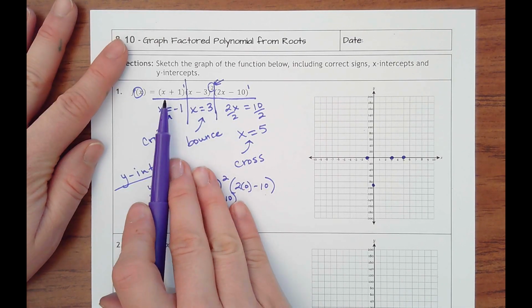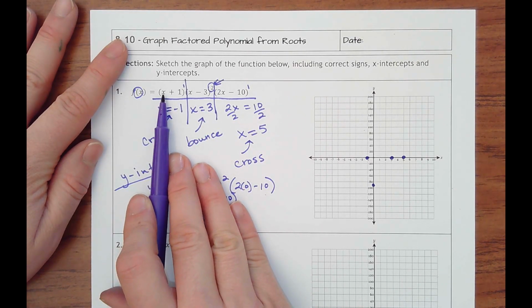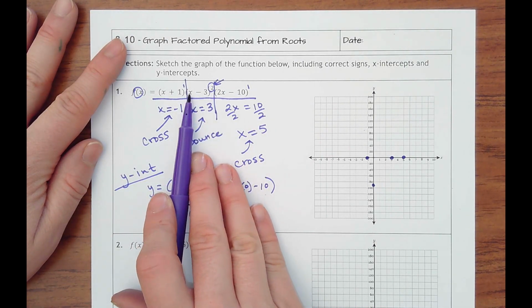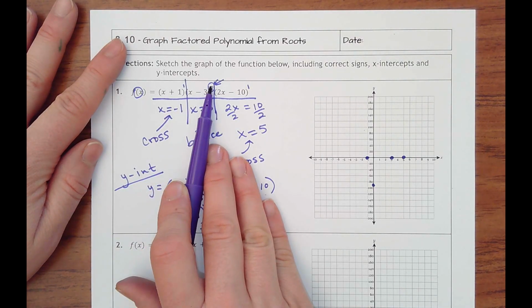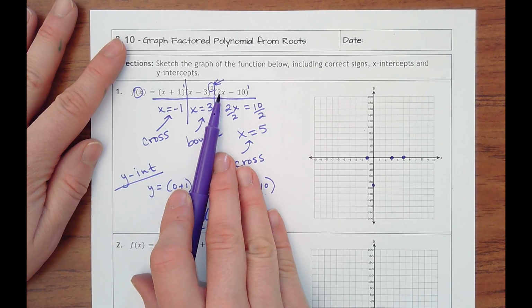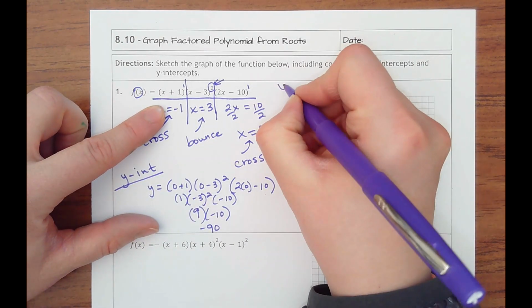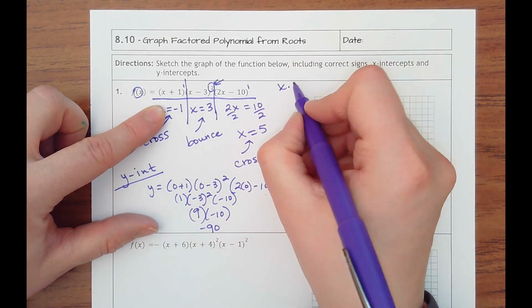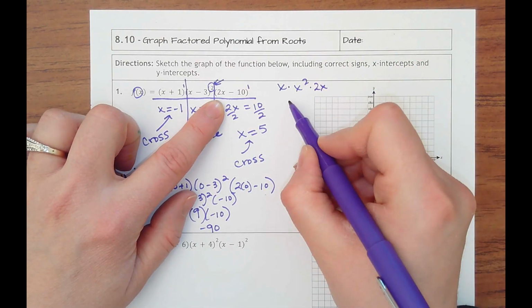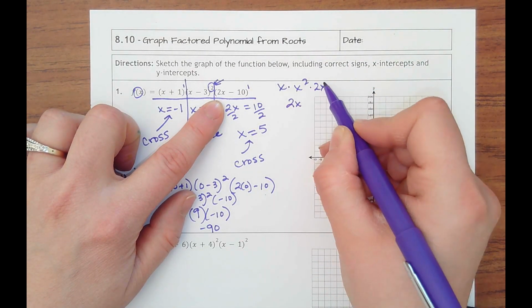What I'm thinking, though, is I'm going to have an x times an x squared times a 2x. I'm just worried about the x's because that's going to get me the highest degree term. So I'll have x times an x squared times a 2x, which would get me 2x to the 2, 3,